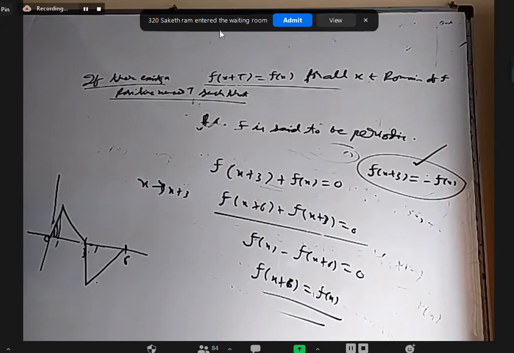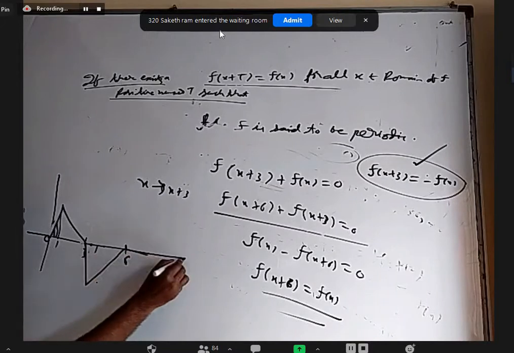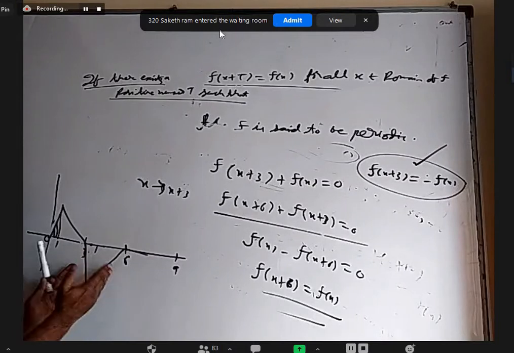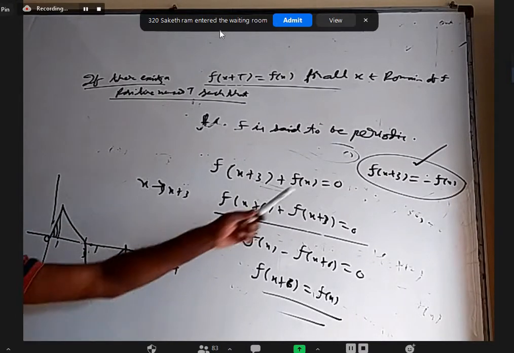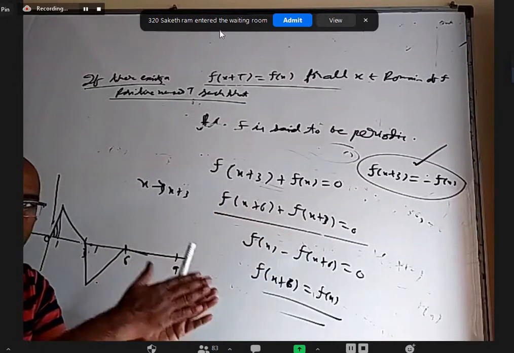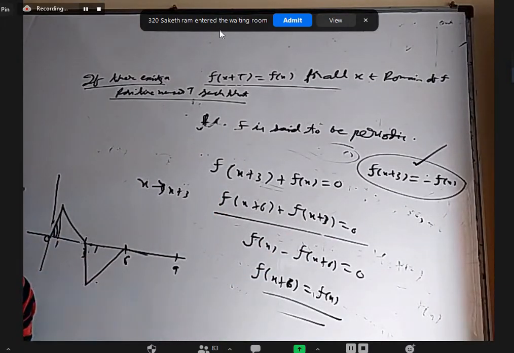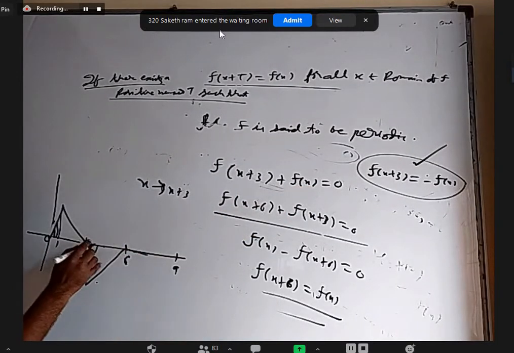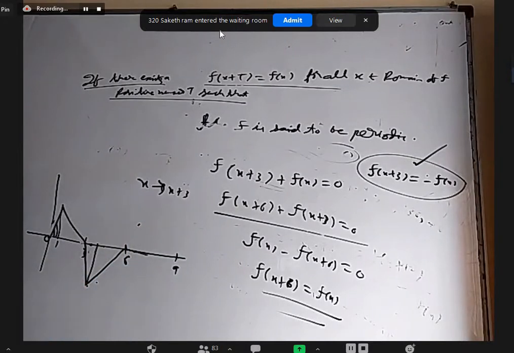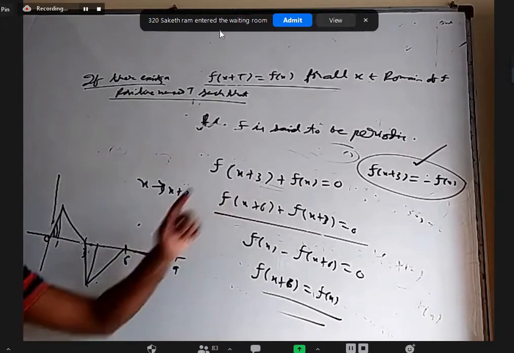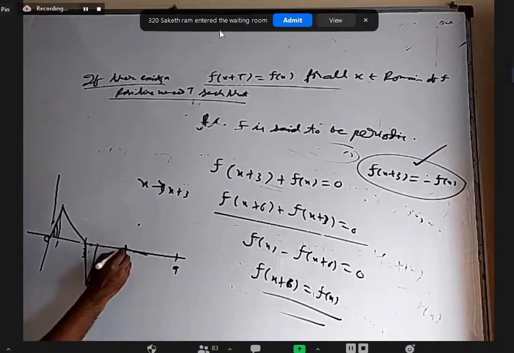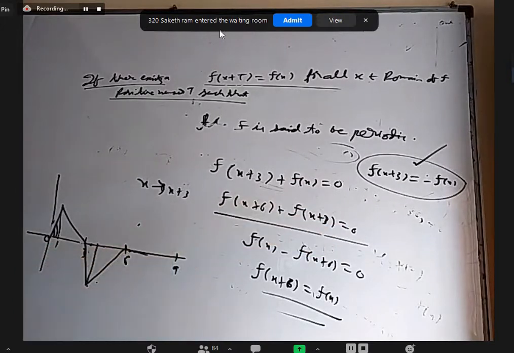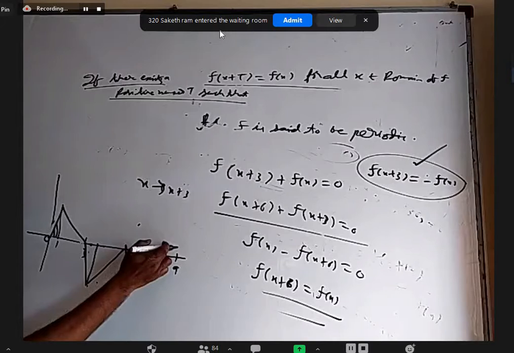Yes, sir. Okay. Now, what will happen between 6 to 9? Whatever happened in this interval of 3, negative of that happens in the next interval of 3. What this says is, whatever is happening between k to k plus 3, between k plus 3 to k plus 6, the negative of that happens. So if somebody wants f of 7, go 3 units back, find the value, negative of that. If you put x equal to 4, f of 7 is minus f of 4. If you want f of 6.2, put 3.2, it will be minus f of 3.2. So whatever is happening here, negative of that will happen here.